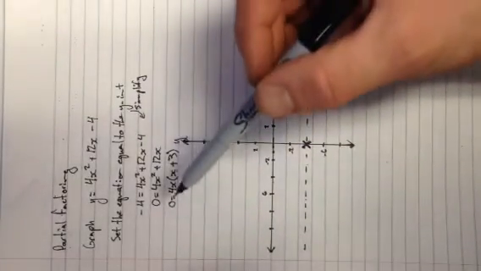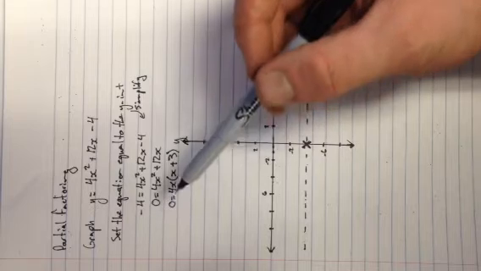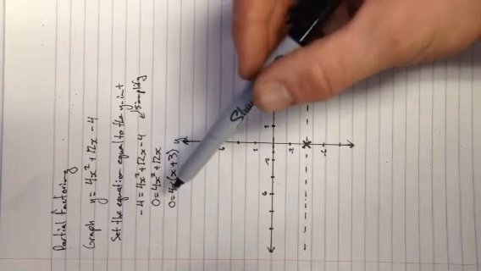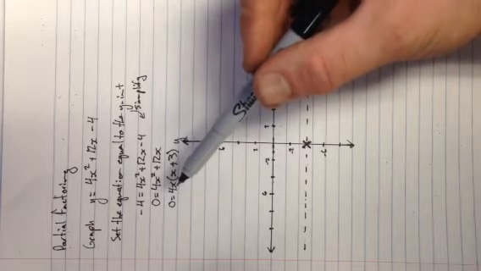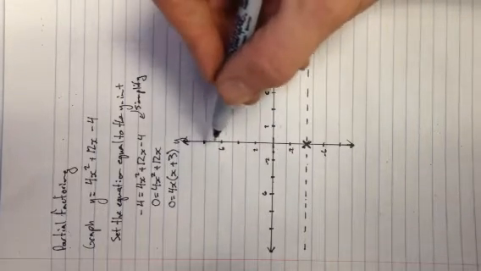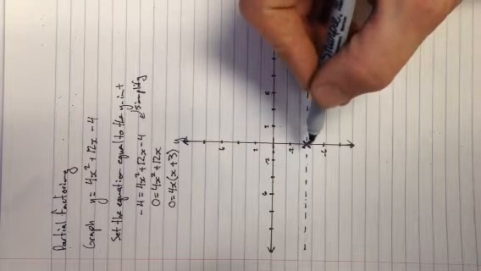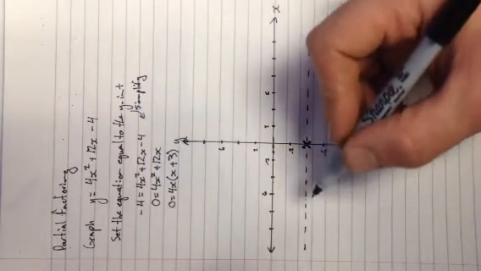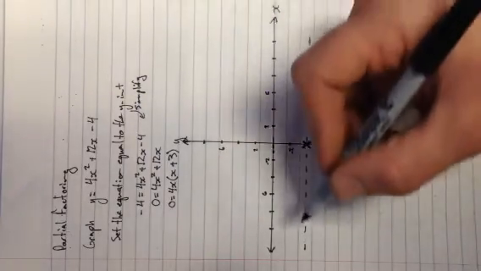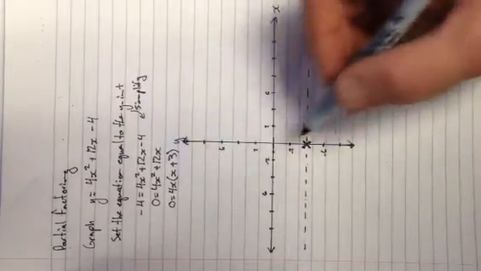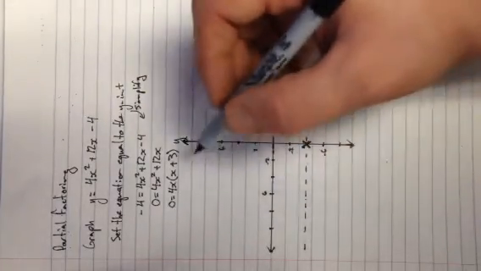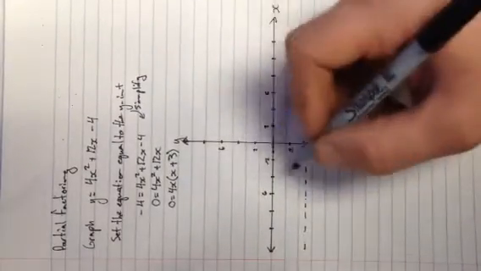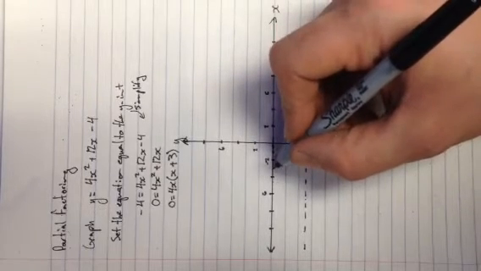And so I have two possible answers to this. This tells me that 0 is equal to 4 times some number times some other number. Well, the 4 is not 0, so either some number is 0, so either x equals 0. Notice where x equals 0, we have our y-intercept. So this other factor of x plus 3 must tell me how far along I have to go to find the other intersection with that line. So x plus 3 implies that at x equals negative 3, which is going to be somewhere in here,